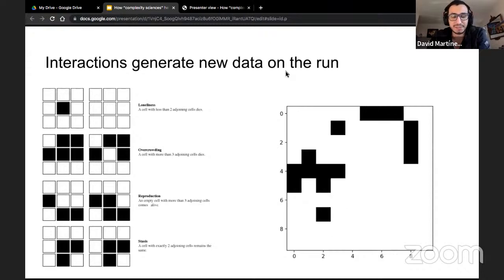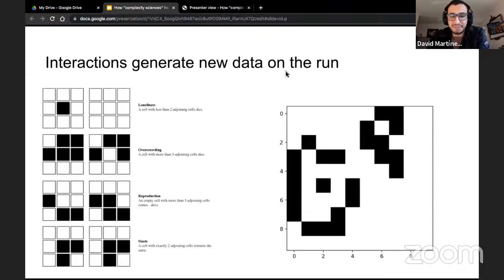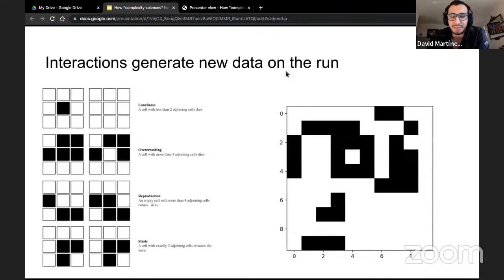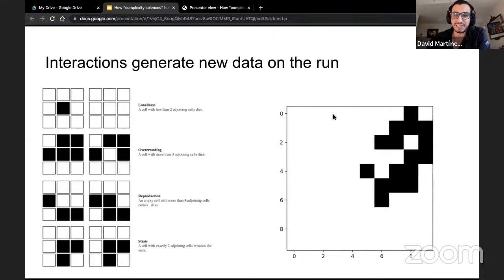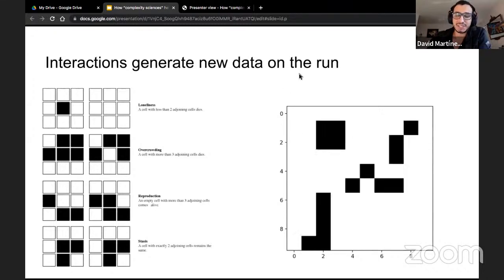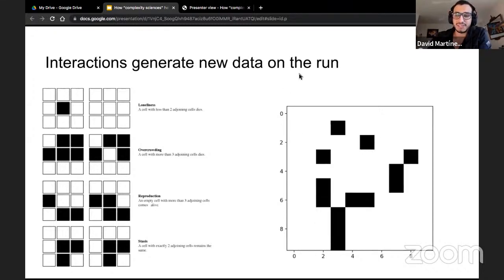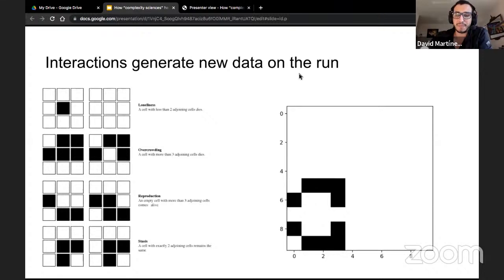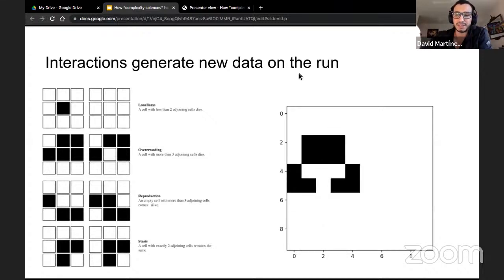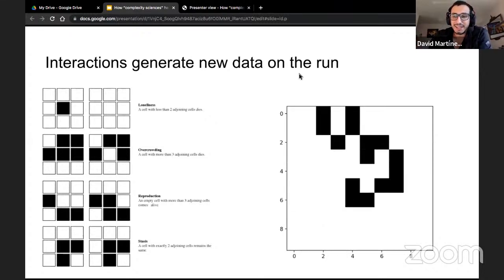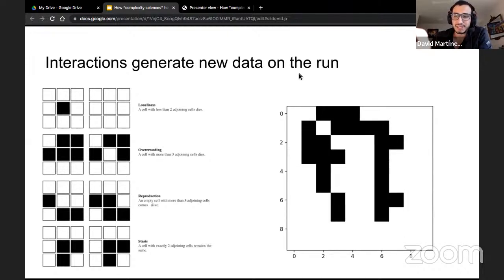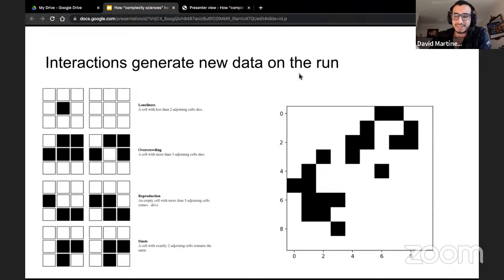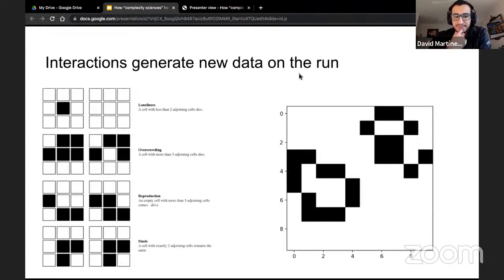Those are the 4 simple rules of this little game. And the dynamics that it produces are very interesting. We have an example here in which, with a set of initial conditions, we can have some dynamical behaviors of the system. And eventually the system reaches equilibrium and becomes stable.